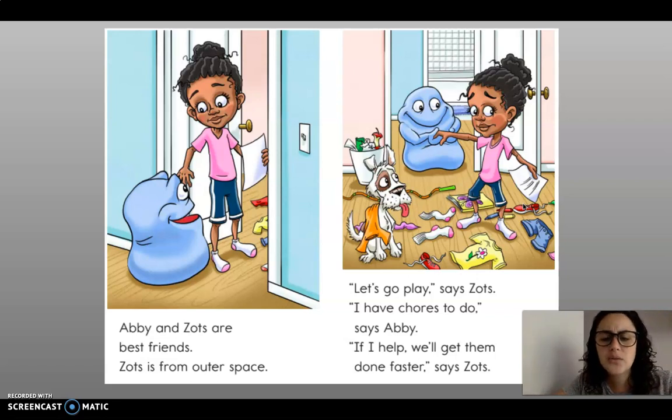I'm also going to infer that Zotz and Abby are on a play date. Could be wrong. They could be family. Zotz could live there. But I am inferring that they're having a play date and that they're friends because that kind of makes sense based on what I'm thinking. I'm also inferring that once Abby is done with her chores, she and Zotz will be able to play together. What are you inferring? Can you make an inference about what we know about the story so far? Let's keep going.